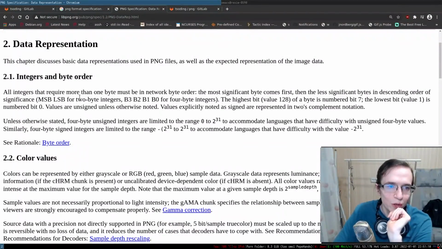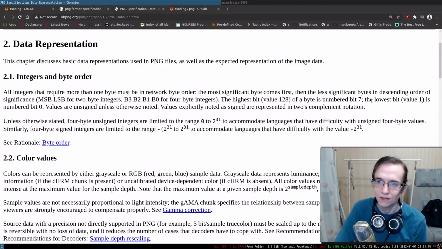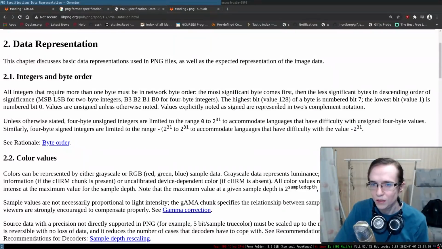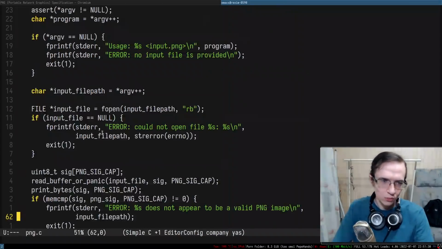All of the integers that require more than 1 byte must be in network byte order. The most significant byte comes first, and then the less significant bytes in descending order of significance. MSB, LSB for 2-byte integers, and so on. The highest bit value 128 of a byte is numbered bit 7. Okay, I see. So essentially what we can do,